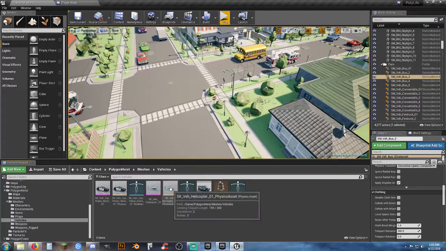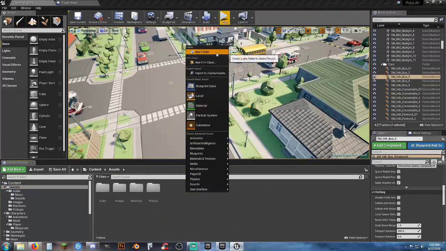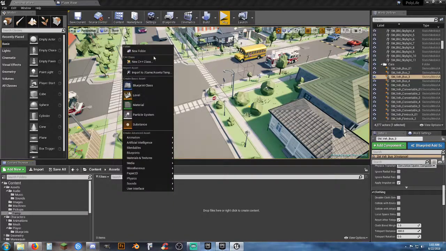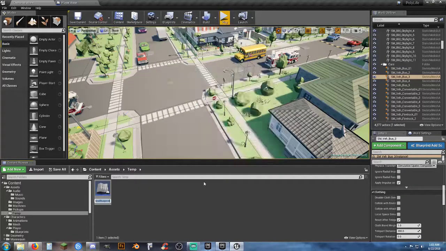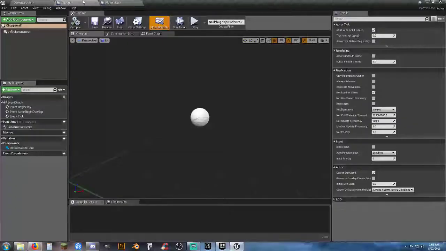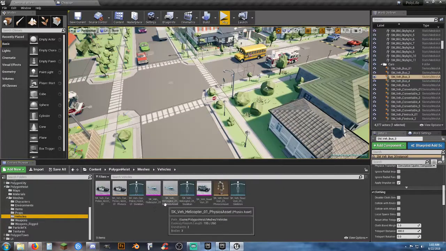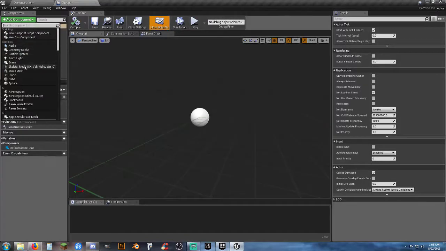So if you put the helicopter in here, say if you create a blueprint for it, and I'm just going to create a temporary one, and yeah, I'll make a folder for temp, and we'll just call this the blueprint actor choppa. And we don't need player base open right now. And come down here, go to vehicles, grab that. Now I don't have an animation blueprint set up for it, so it's not going to be perfect. But what I wanted to do was, alright,